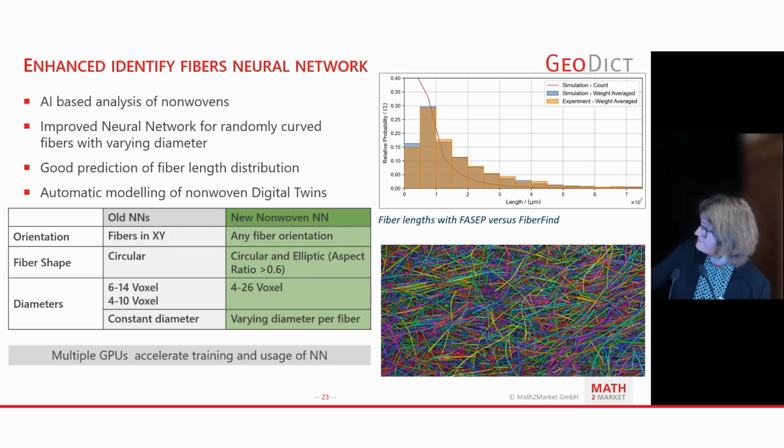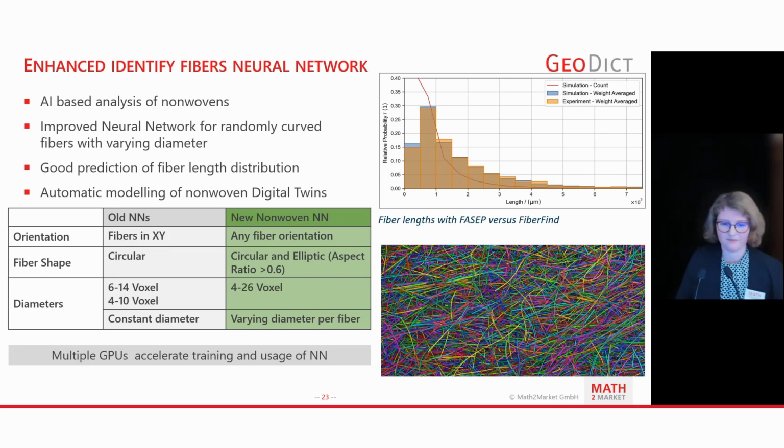And on the right, you can see a comparison of experimental fiber length distribution and the simulated fiber length distribution in FiberFind. This data was measured in the lab within a research project called DigiLaugB. And here you can see that the measured fiber length and the fiber length determined with FiberFind match really well. So this shows that you can predict the fiber length distribution with FiberFind for such a material. The material is a glass fiber reinforced thermoplastic that has been injection molded, so the fibers are short enough that they are all within the domain of the simulation.